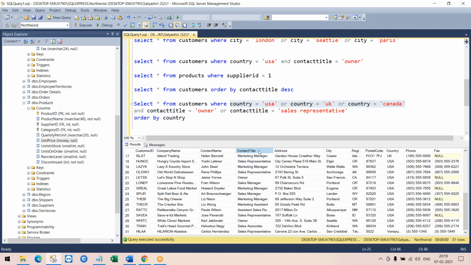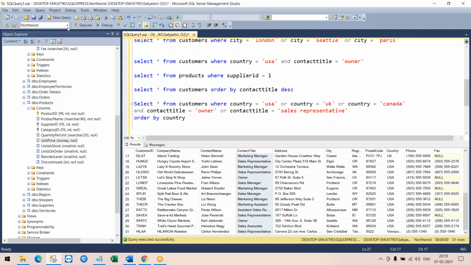Okay, let's see if the contact title conditions work. In the contact title, you could see an owner, a sales representative. Oh yeah, even this it didn't work. You see some with a marketing manager, some with a sales associate, and so on. So even this didn't work.